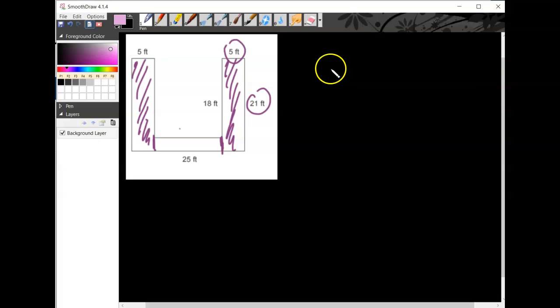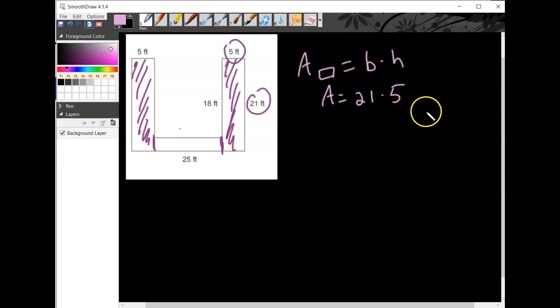So let me just figure out the area of those first. Area of a rectangle is base times height. It's just going to be 5 times 21. Or it doesn't matter what you call the base and what you call the height. Let's just do 21 times 5. Okay, so what's 21 times 5? 20 times 5 is 100. 1 times 5 is 5, so this is going to be